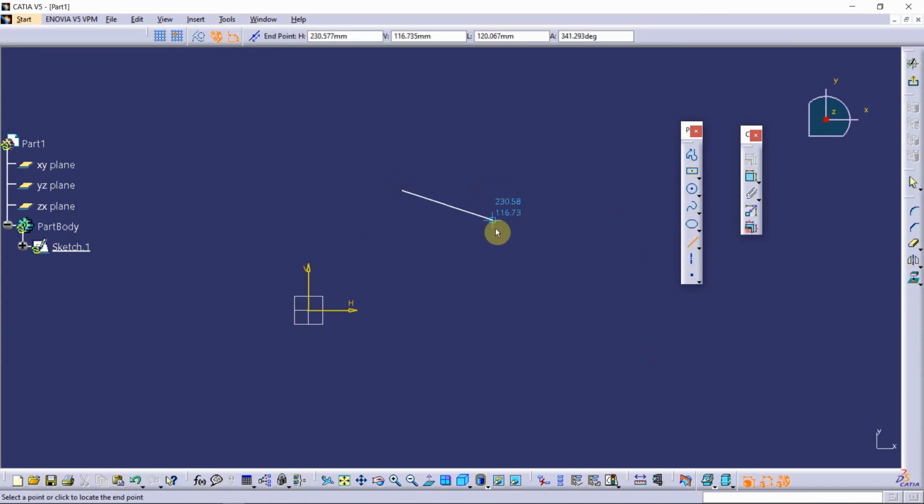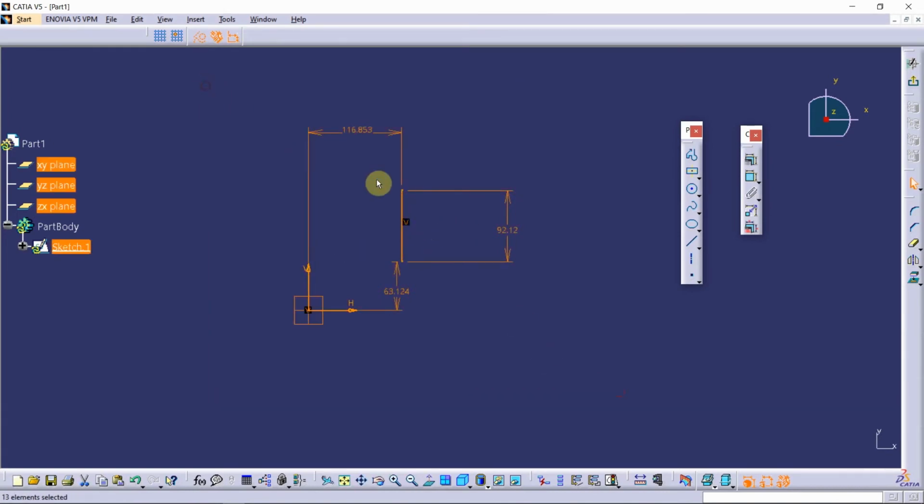Similarly, for a line, if there is a vertical line, I will give constraint. I will give length to it first, and I will fix its endpoints with respect to the axis. Now the line turned green, which means that it is fully constrained and it is fixed inside the space. Okay.